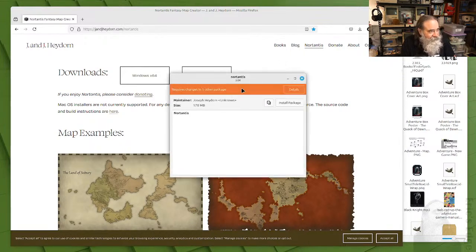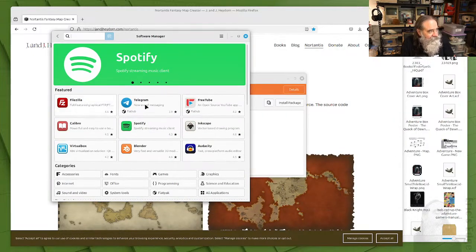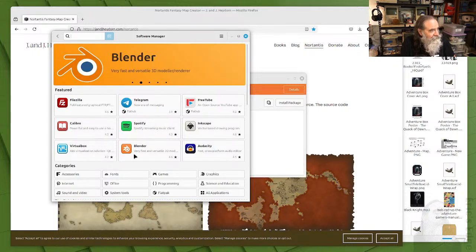And there is a package maintainer for Debian packages. Normally you use... I'm going to fire up the normal software manager. Normally you use packages that are either, let me see,